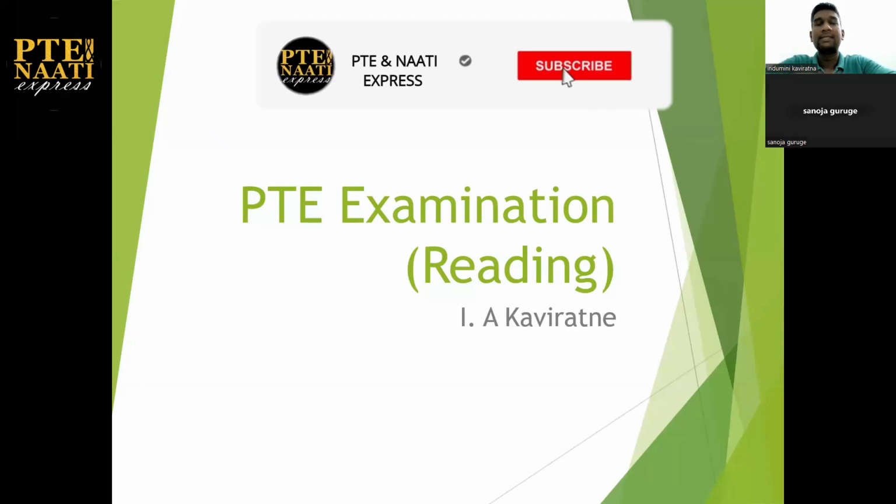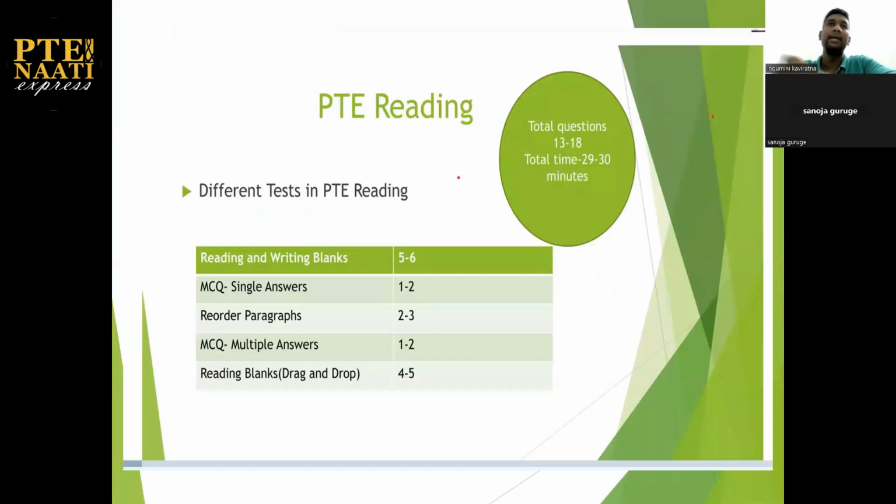There are several guidelines that you need to think about when we are coming to the PTE reading session. Yes. Like in the IELTS examination, here in the PTE reading session we have a very tight time schedule where you need to answer a total of 13 to 18 questions within a total time of 13 minutes. So that's the challenge actually, because in other words, it means you need to allocate nearly 1 or 1.5 minutes